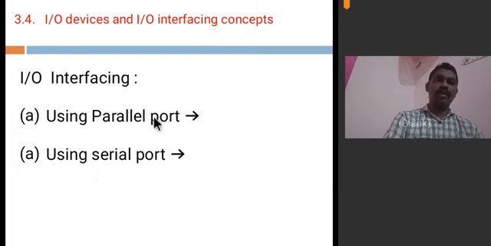What do you mean by parallel interfacing and what do you mean by serial interfacing? Coming to parallel interfacing, in parallel interfacing, a single line is connected to each pin of the peripheral. That means in parallel interfacing, all the bits are transmitted at a time. That is, you need more pins for interfacing peripheral components, that is IOs, input and output devices, in parallel interfacing.